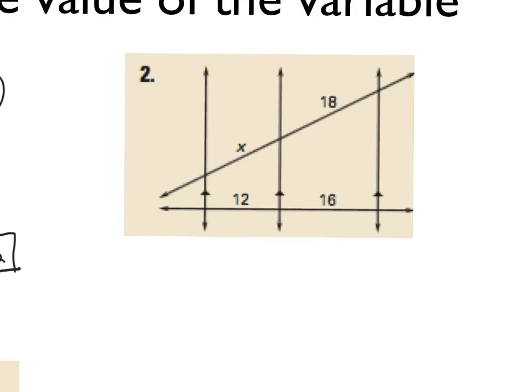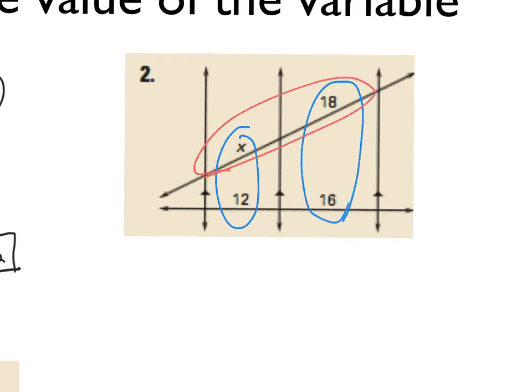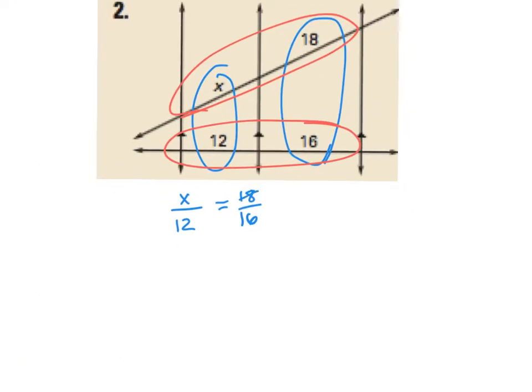Again, these divide into proportional segments. So I can do x to 12 equals 18 to 16. I can do x to 18 equals 12 to 16, or the reverse of either of those. It doesn't really matter, they're going to reduce either way. x to 12 would equal 18 over 16. This would reduce, because these are both divisible by 2, to 9 and 8, and I get x over 12 equals 9 over 8, and then cross multiply, 8x equals 9 times 12,